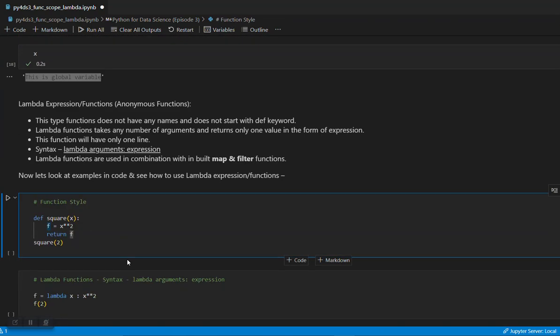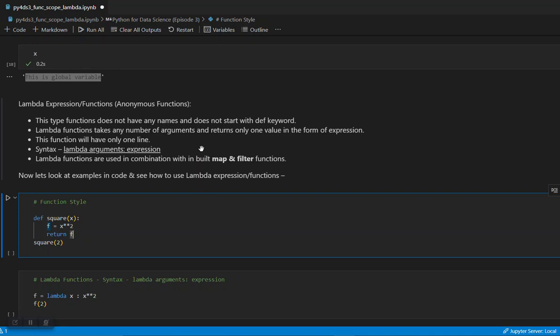Now there is another concept, which is the lambda function. A lambda function in Python is nothing but an anonymous function, defined within one line. It does not have a return statement, and we don't use the def keyword when defining a lambda function. As it does not have any name, we call it an anonymous function. The syntax is: you write lambda, then the arguments for which you are defining that function, and then the expression. The expression is the operation you want to do on those arguments.